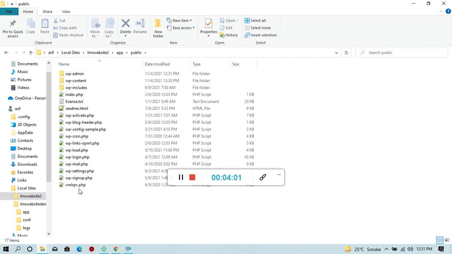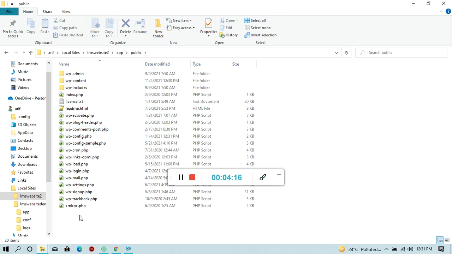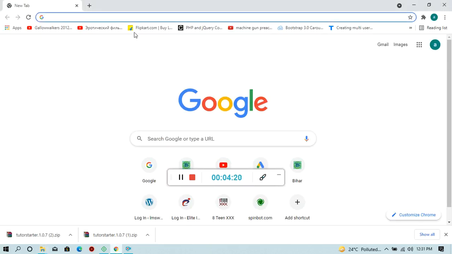Now it's downloading. You can count the number of files in the folder: 3 folders, 1 2 3 4 5 6 7, and it's increasing, which means it's working. I will teach you how many types of website you can create using WordPress.